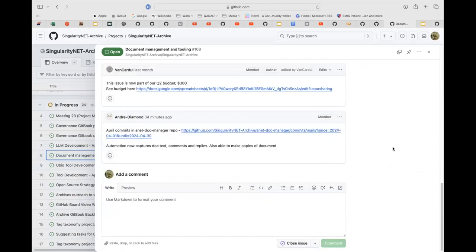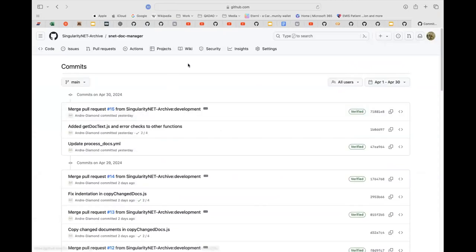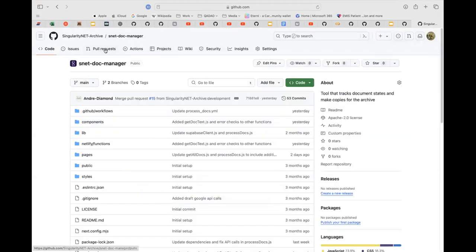Yeah. So I've got all the commits there, but basically it's this automation. It's a GitHub action that I've built that captures that. So what will happen is we'll have a list of documents, and then this action will go through all the documents, and it will look if the document changed. Still designing that trigger, but if it has changed, it can